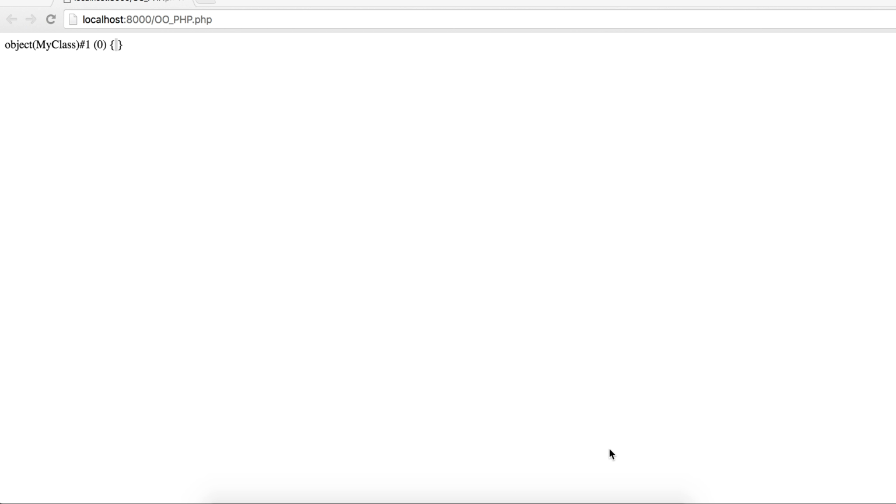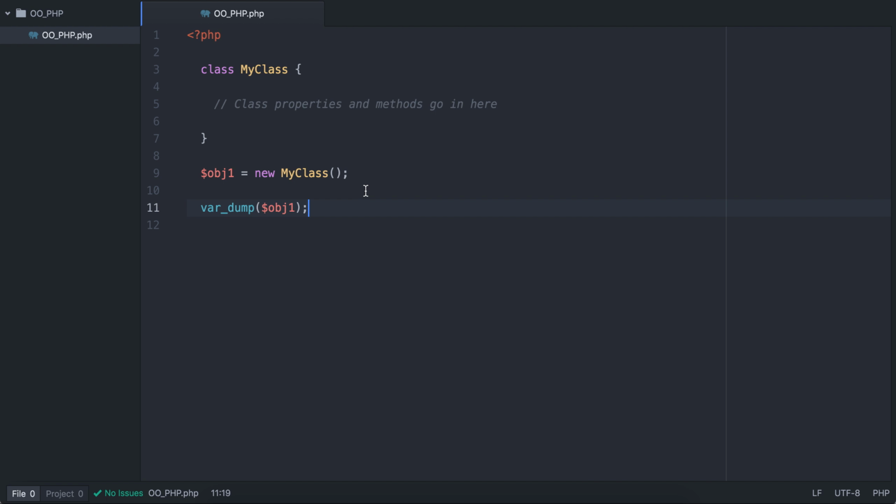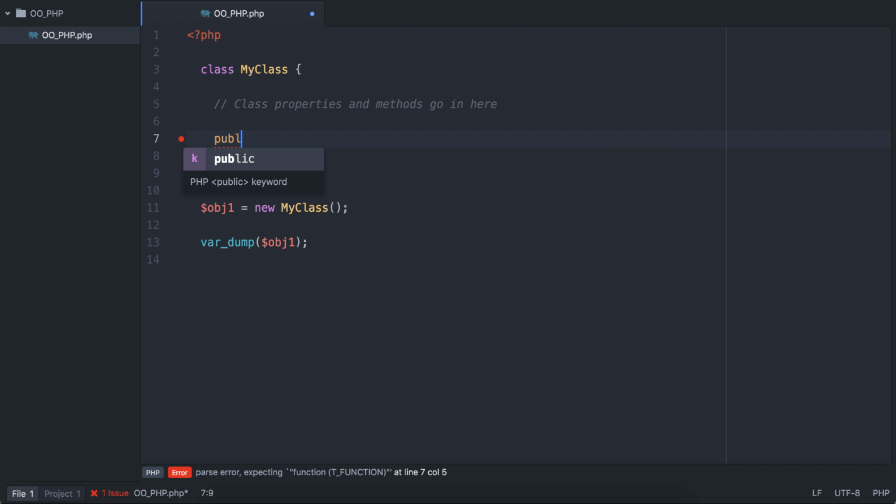Okay, so what about adding properties to our class? Class properties, or class-specific variables, are used to add data to a class. They work like regular variables, except that they're bound to the object and can only be accessed through that object. The public keyword determines the visibility of the property, but we'll cover more about that later. The property is named using standard variable syntax and assigned, although if we're just declaring class properties and going to set them later, we don't need to give it an initial value, but for the purposes of the demonstration here,